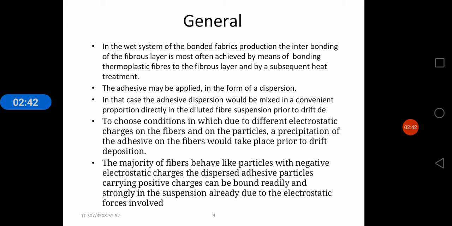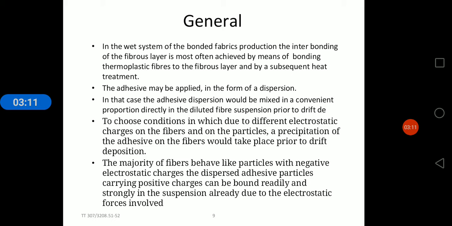In general, in wet systems, the production of bonded fabrics with interbonding of fibrous layers is most often achieved by means of bonding thermoplastic fibers to the fibrous layers and by a subsequent heat treatment. The adhesive may be applied in the form of dispersion. In the case of adhesive dispersion, it would be mixed in a convenient proportion directly in the diluted fiber suspension prior